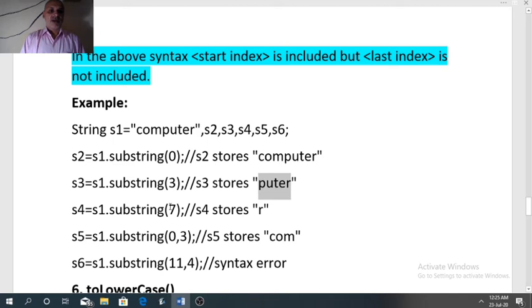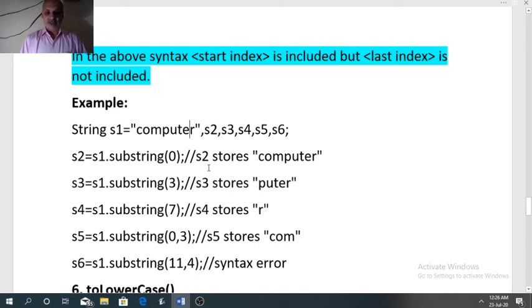Now S4 stores the substring which starts from index number 7. So see which character is at index number 7. 0, 1, 2, 3, 4, 5, 6, 7. The last character R is at index 7.